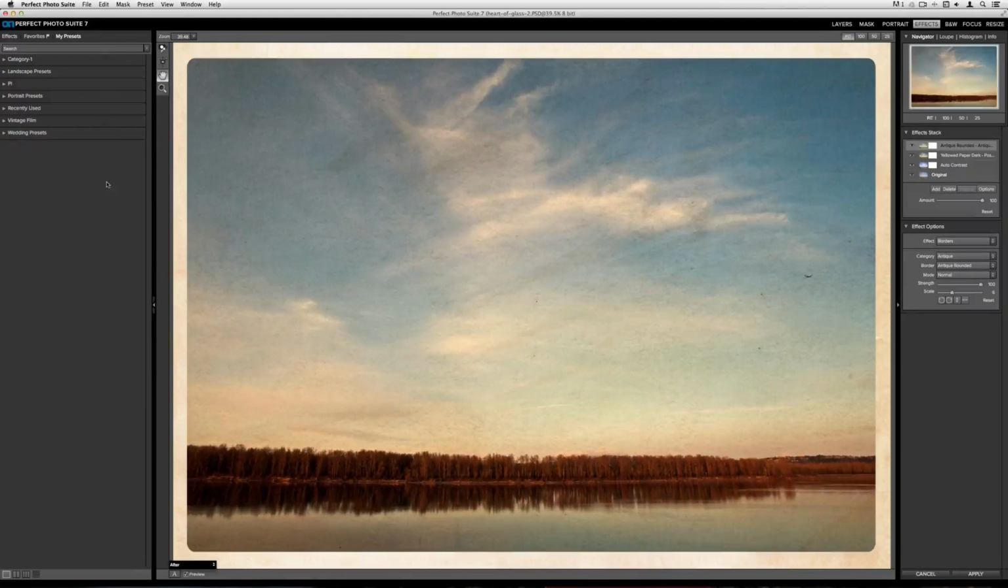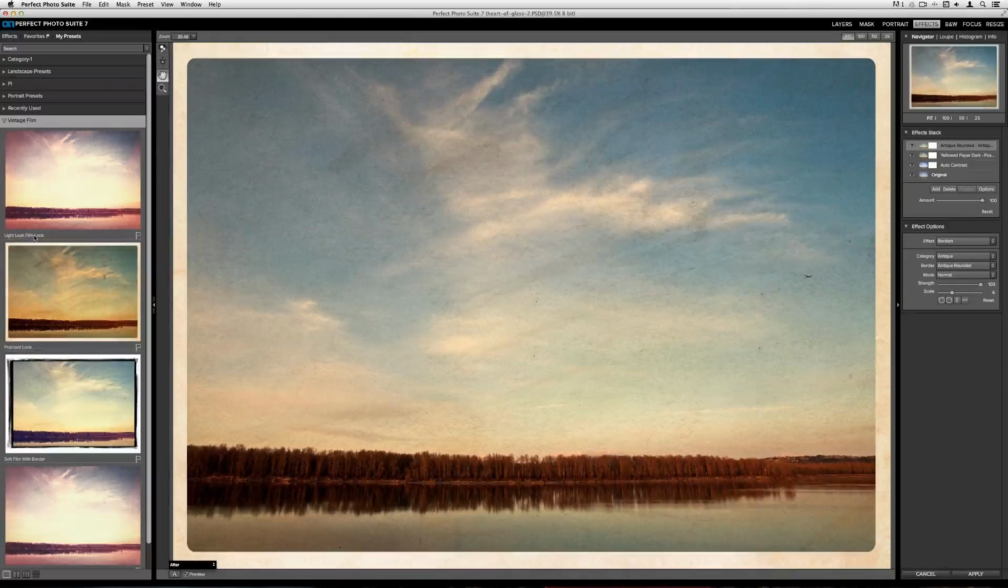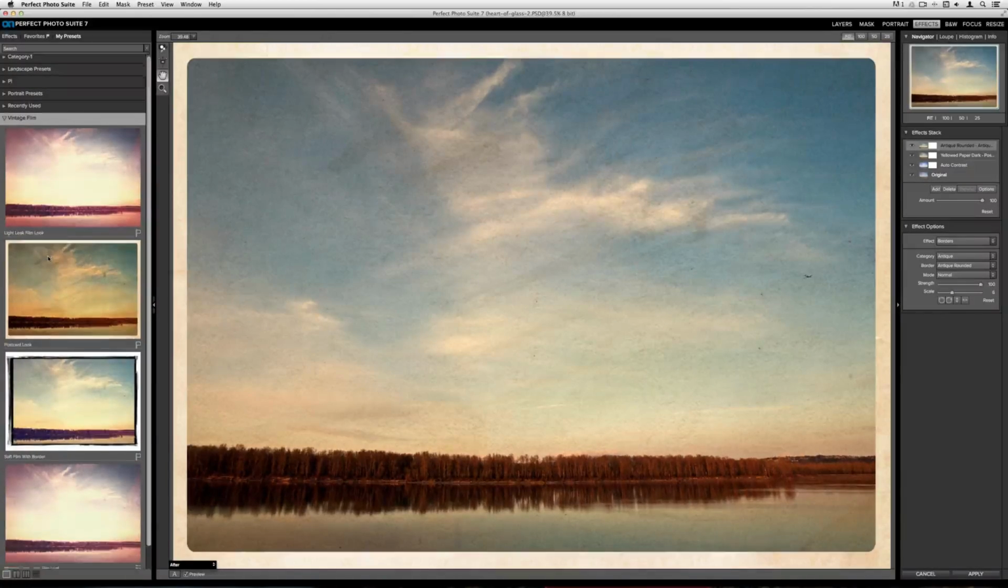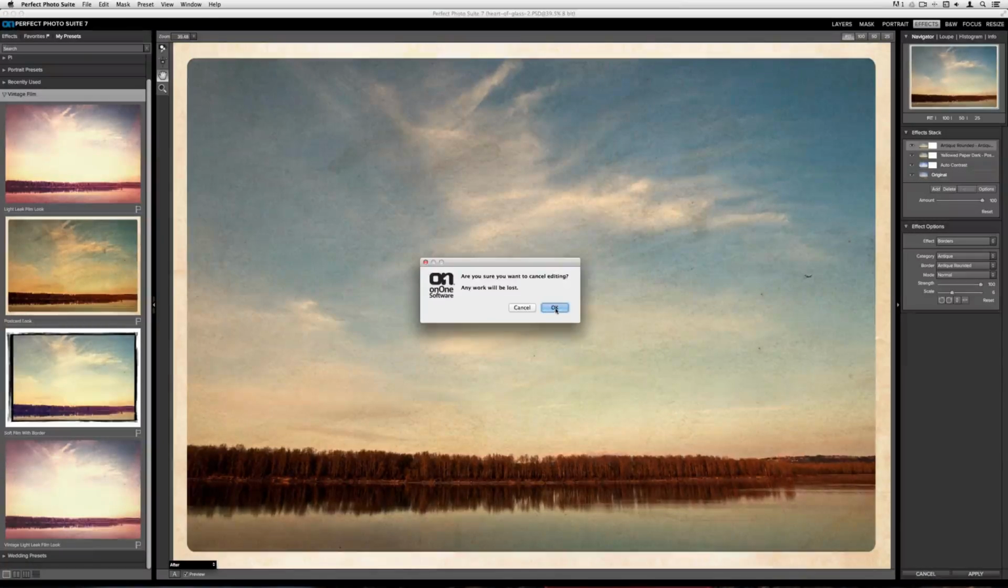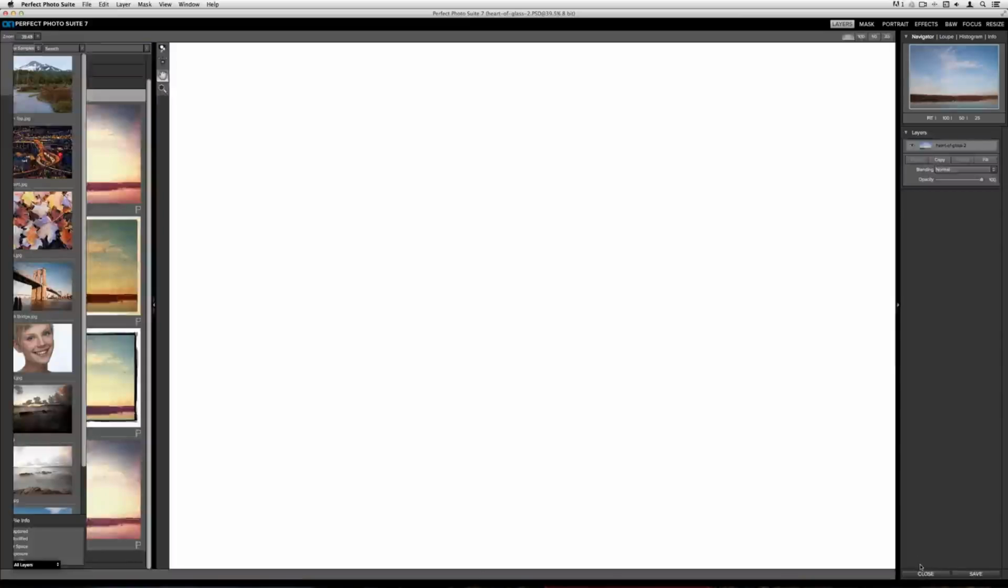You'll see these are all the categories that you just saw, and I can open up vintage film. You'll see I've got a ton of different presets in here already, and then right there is my postcard look. So now the next time I add a photo into Perfect Effects, and I know I really liked that postcard look, I can just click and apply it to my image. So I'm going to cancel out of this photo here, and I want to move on